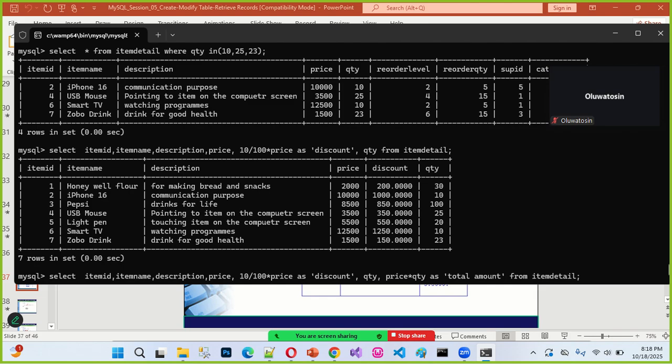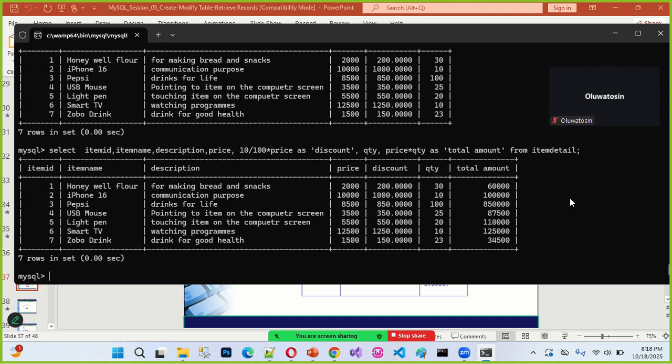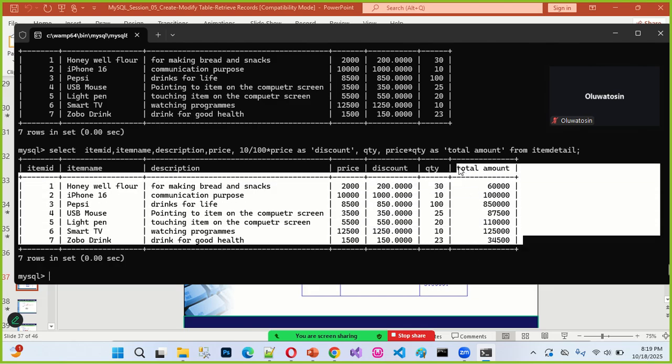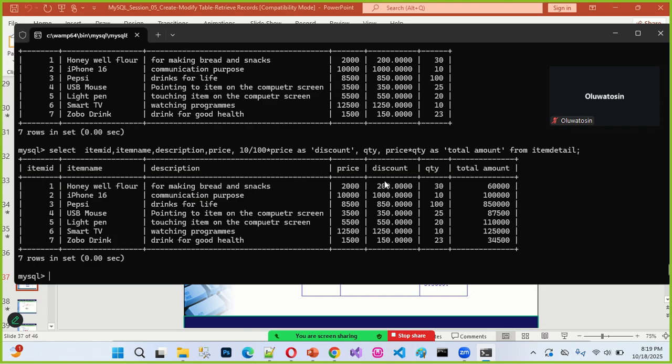So once I press the enter key again here, the system still computes this particular value. Remember that discount is not a column from the database table, while total amount is not a column from the database table. But I can still use the SQL statement to compute those kinds of columns when I'm retrieving the record. And once I compute, this total amount is not going to be stored in your database table. Neither is discount stored in your database table. It's part of the report we just generated from the table.